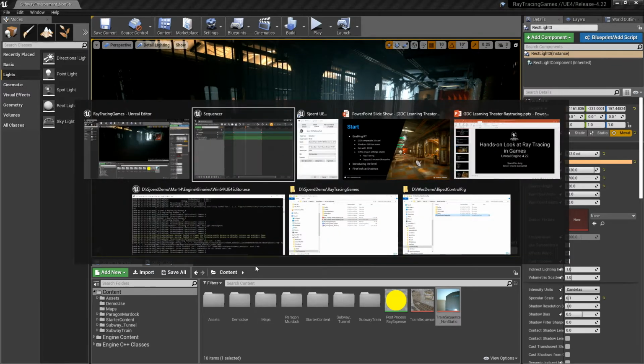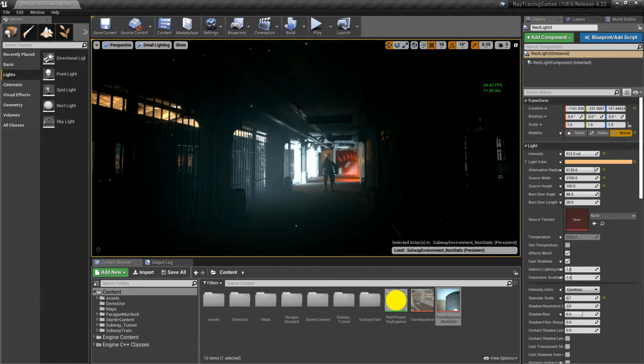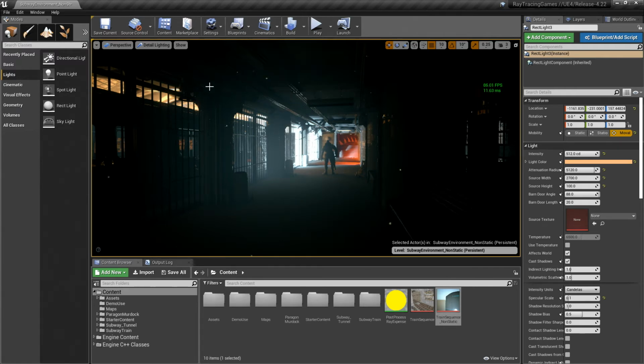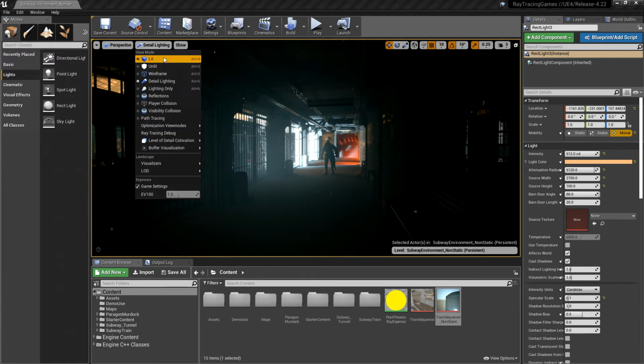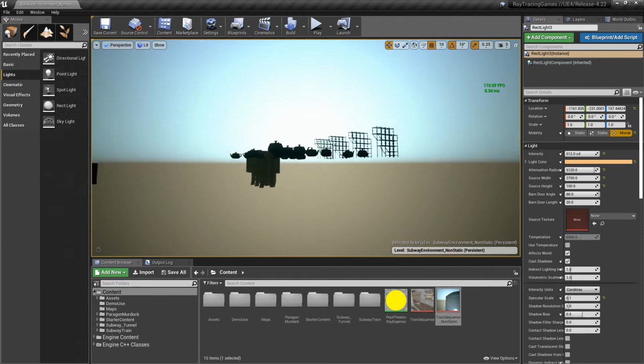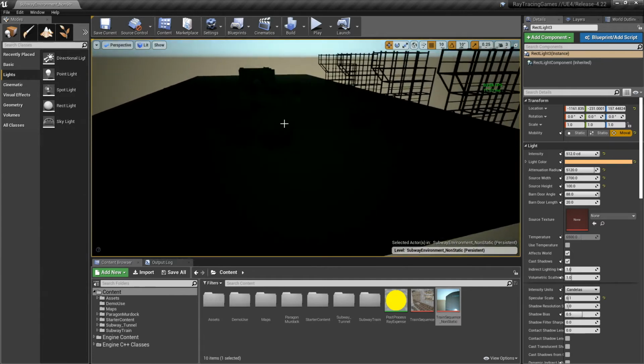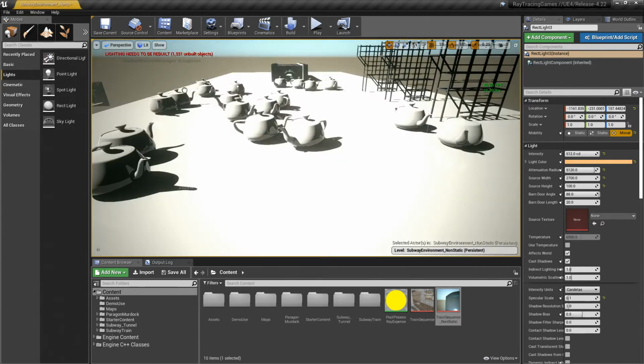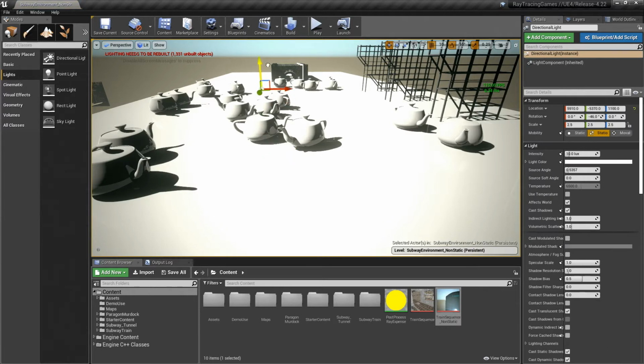Right. So those were the shadows. And actually, one thing I forgot. This is an indoor environment, which means we've only talked about indoor lighting. If we for a moment demonstrate some of the outdoor lighting, it would look like this. So I've got a basic test scene here with a couple of teapots. I'm going to do this very briefly and quickly, but if I add a directional light in here,